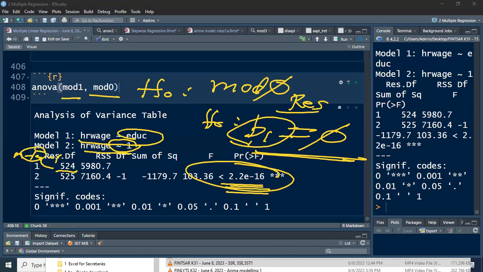Meron tayong k, di ba? Ang k natin, isang predictor. So that's 526 minus 1 minus 1, that's 524. Ito, n minus k minus 1, k is 0. Okay, so we're getting here,